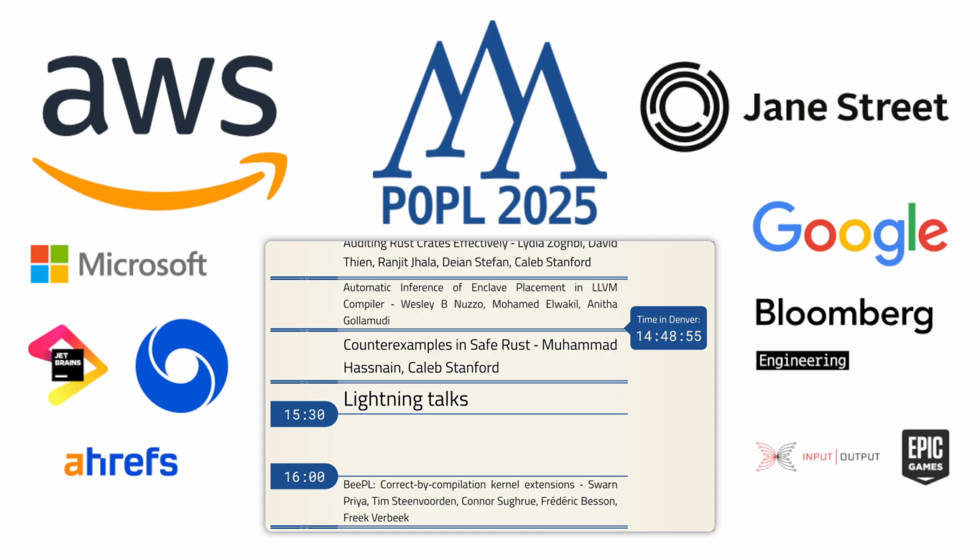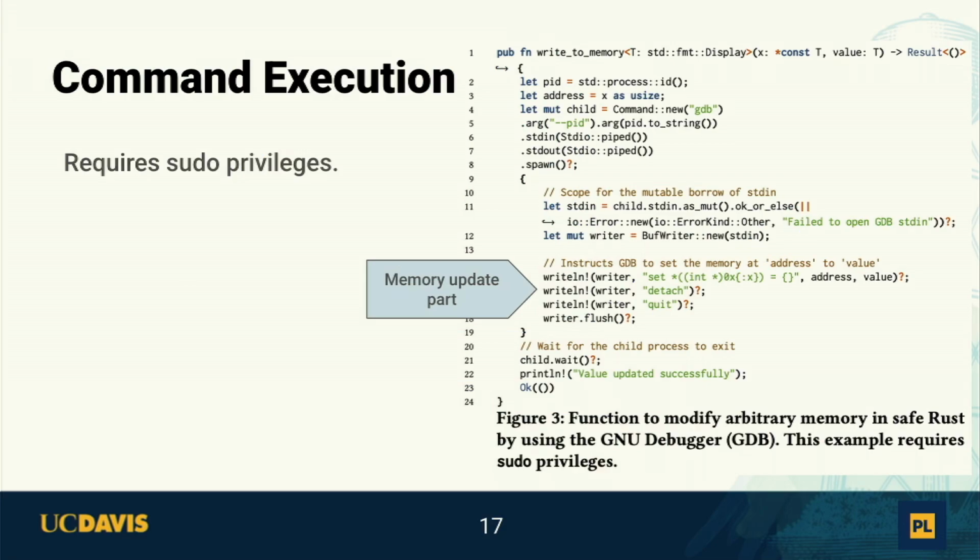We implement this through GDB. Here, GDB spawns a new process. It then attaches to the Rust process, modifies the value, and then quits. Please note that this is the only example that requires sudo privileges, because you cannot modify memory in another process without having sudo privileges. But there are certain Rust crates out there that do require sudo privileges, so this is a possible attack vector. The next thing is compiler unsoundness.